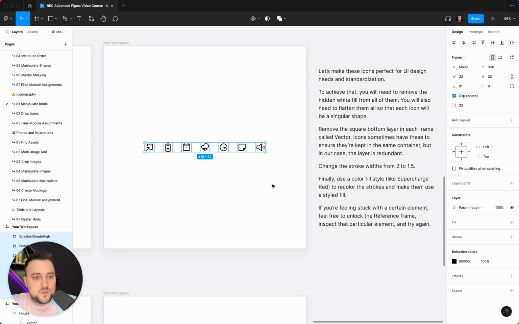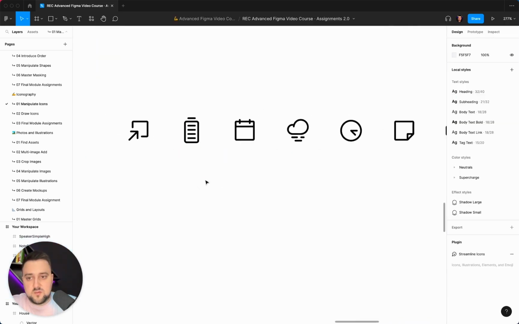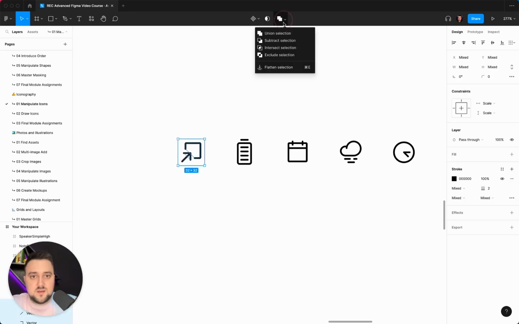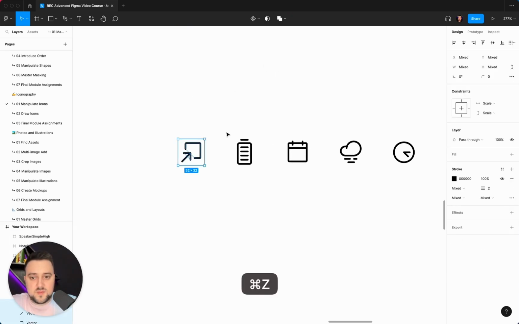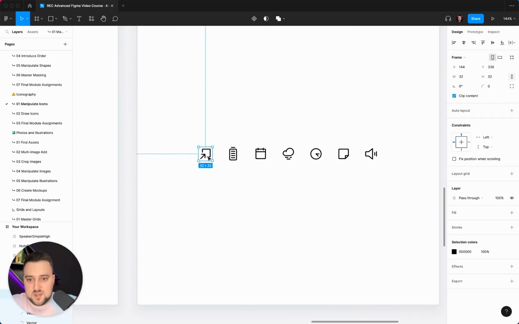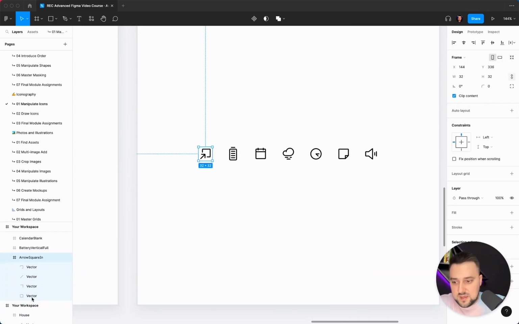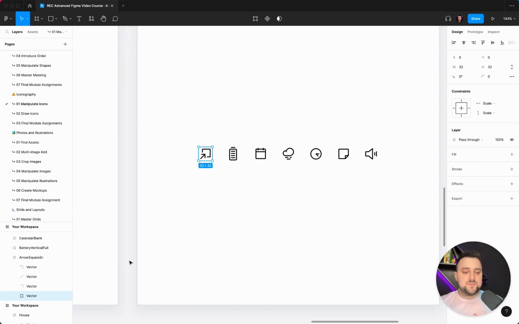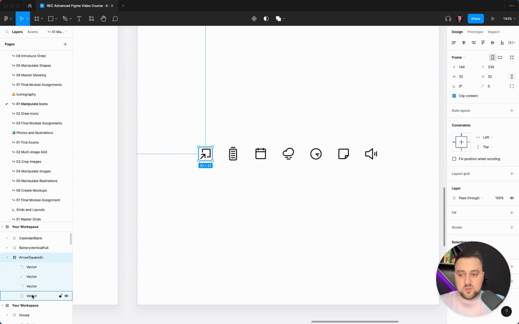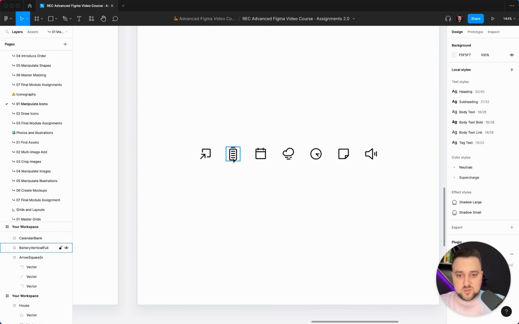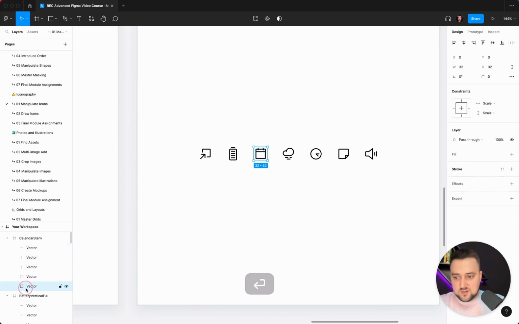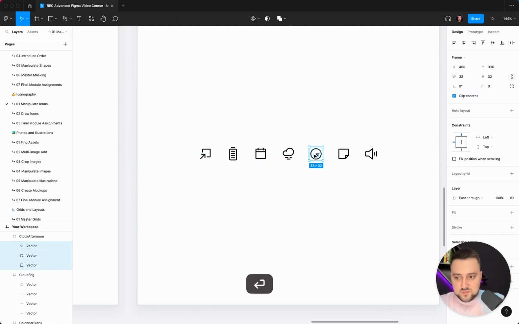Okay. You will also need to flatten them all so that each icon will have a singular shape. Okay, perfect. So I'm gonna go inside, hit flatten, and one thing that I noticed is that all of them have an additional vector shape. So when you have an icon and this one is in a frame, that means that we no longer need these empty vector shapes to keep them positioned correctly. So I'm just going to enter each one and go to the bottommost layer inside of the frame and remove that vector shape